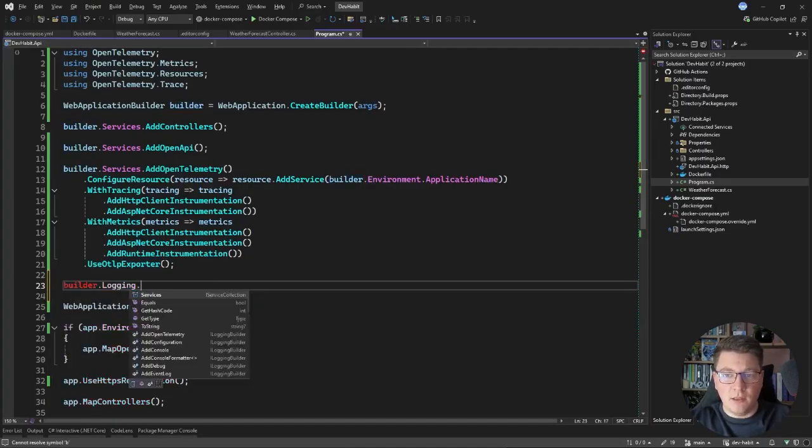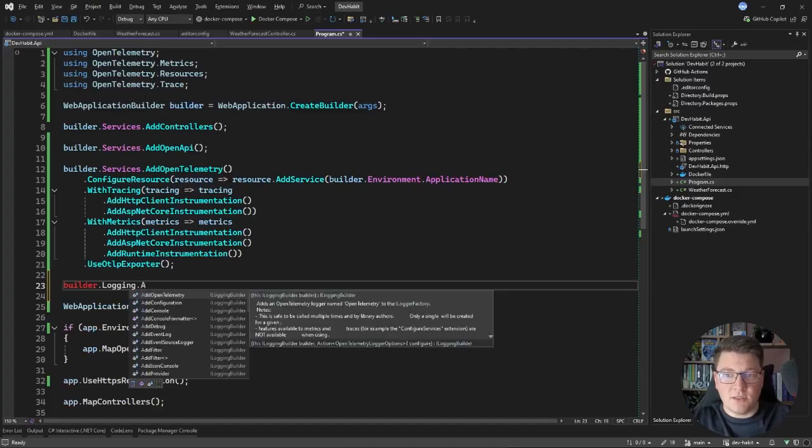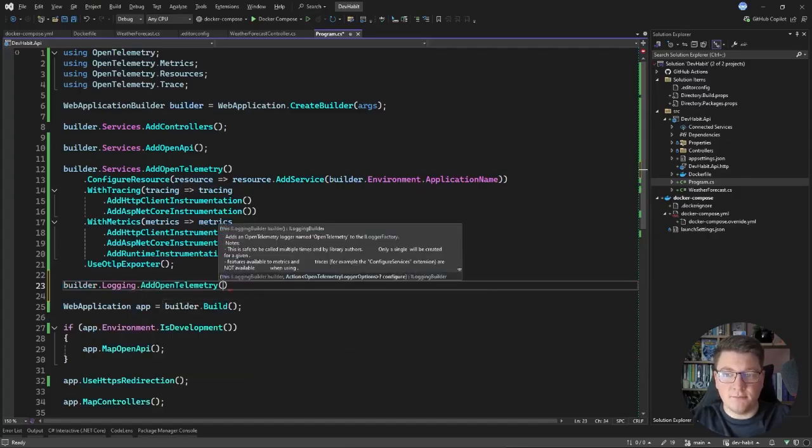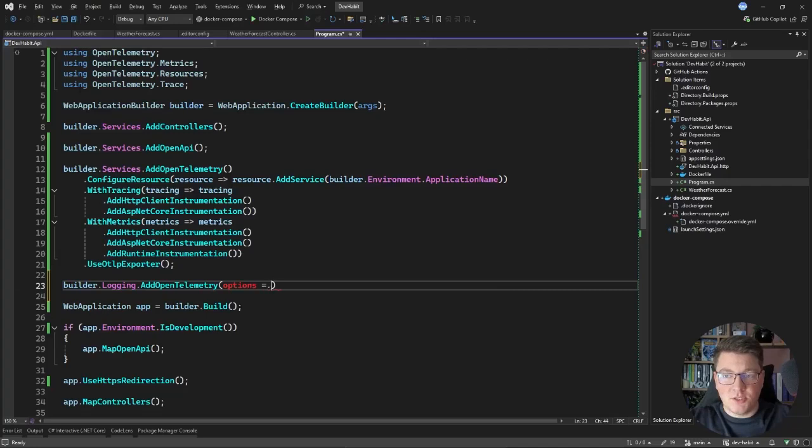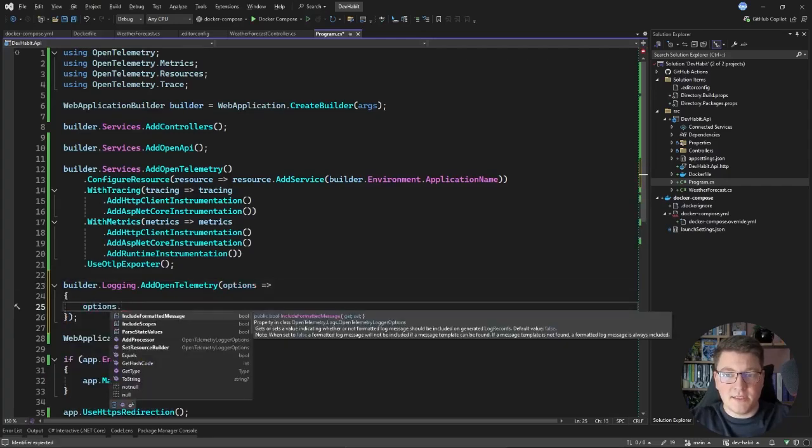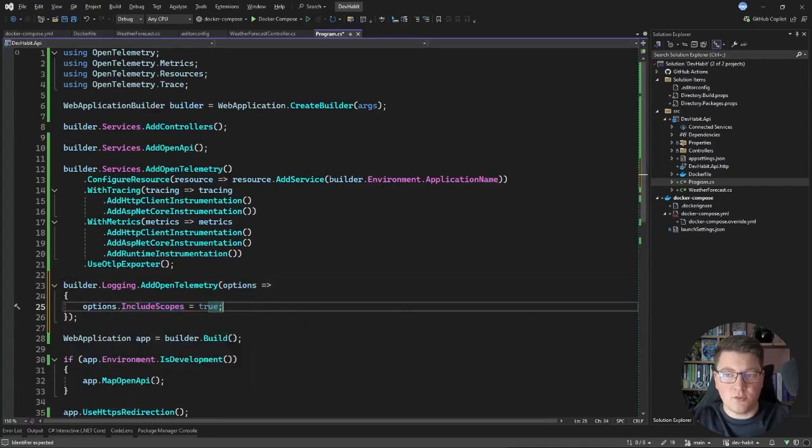But I can also set up logging. If I say builder services logging add OpenTelemetry, this allows me to configure some options for my logging setup. And let's say I want to include scopes. By default, this